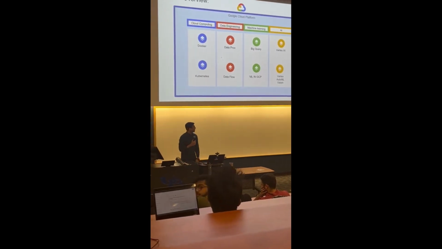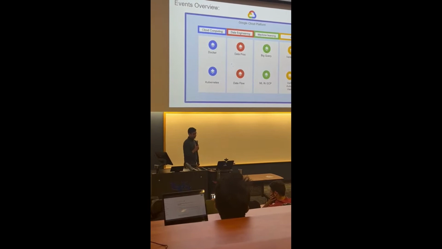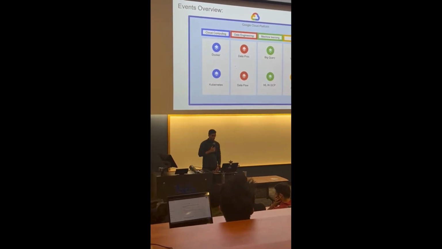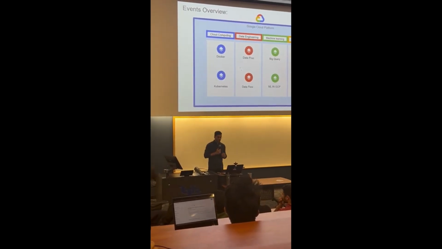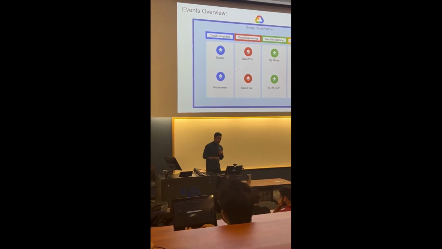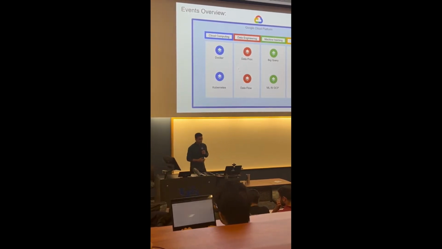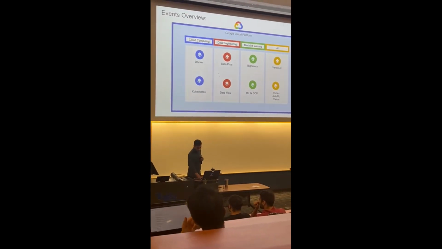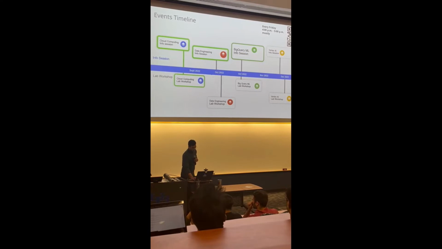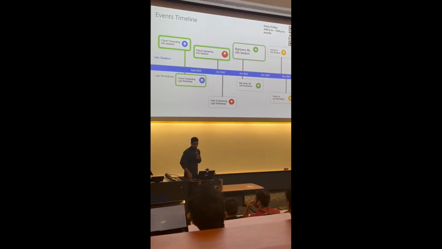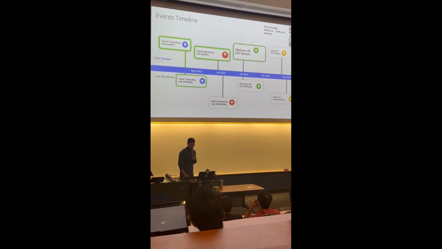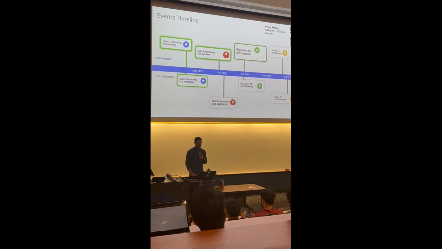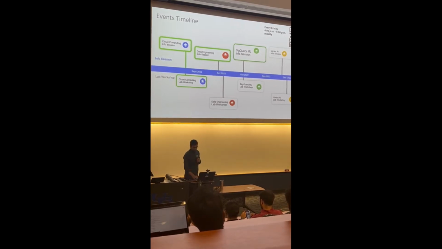So this is the whole overview of all the sessions that we have. We have 4 major tracks, all designed around Google Cloud Platform: cloud computing, data engineering, machine learning, and AI. And these are the tools that we are going to cover and have already covered. In the timeline, we have already conducted our cloud computing session. We have done our data engineering info session and the BigQuery ML info session. The lab workshops are pending and will be happening in the consecutive weeks, followed by Vertex AI.